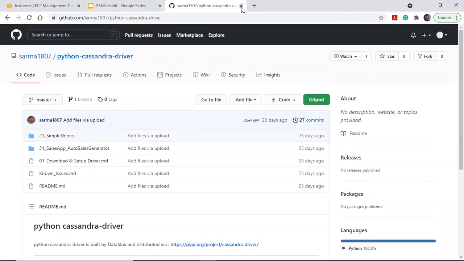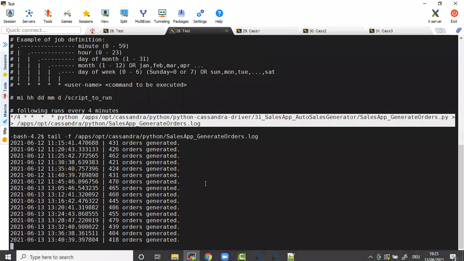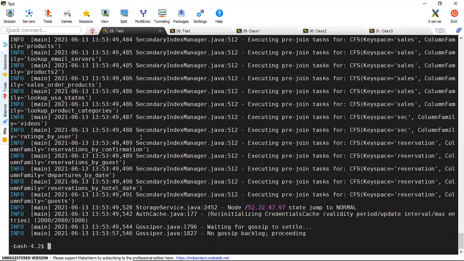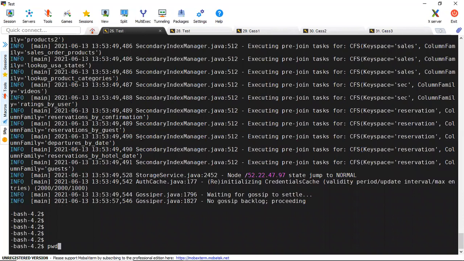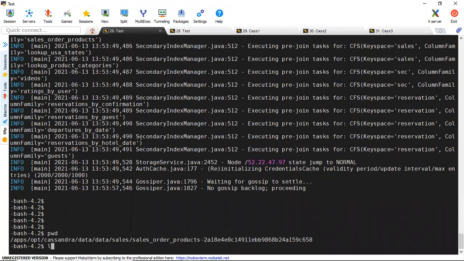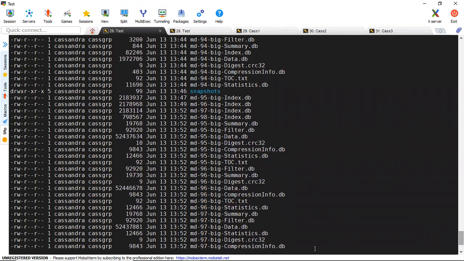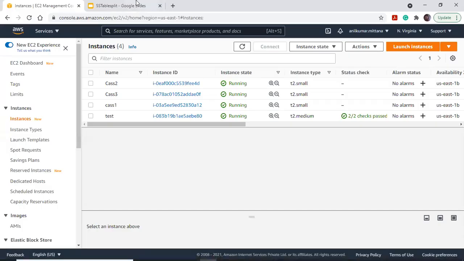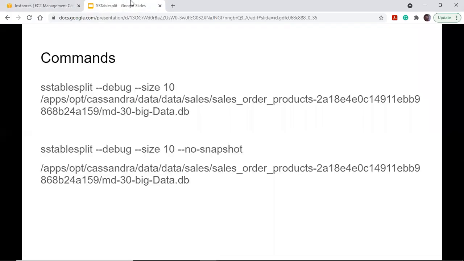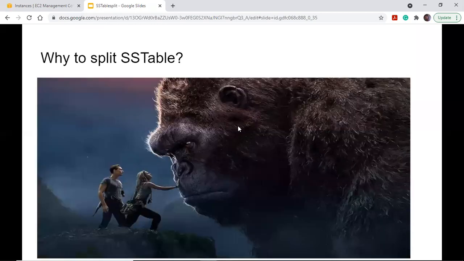Now let's go back to our original topic. Cassandra is back, and our large SS table got split into smaller ones. These smaller SS tables will get compacted in the regular compaction process. What we just did is turn this huge SS table into smaller ones, so all the others can become friends and get compacted now.